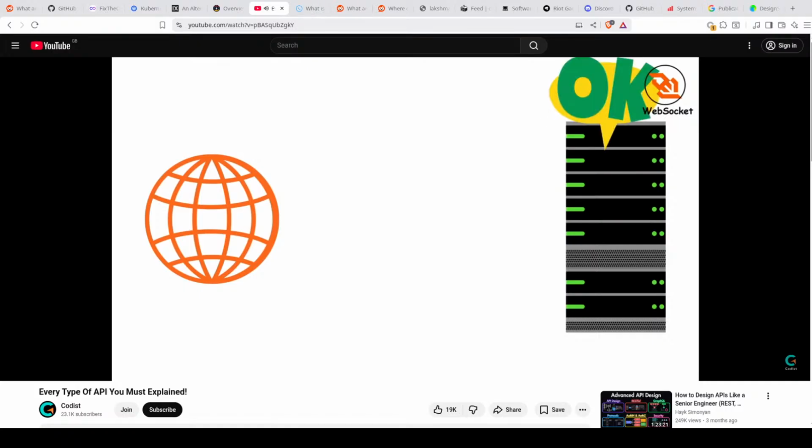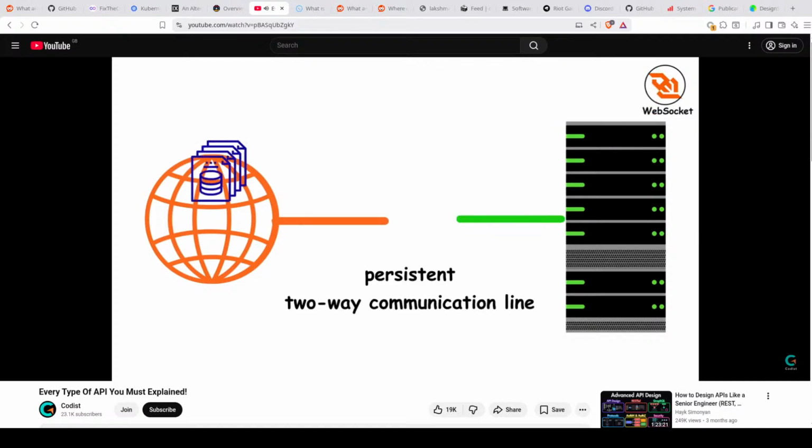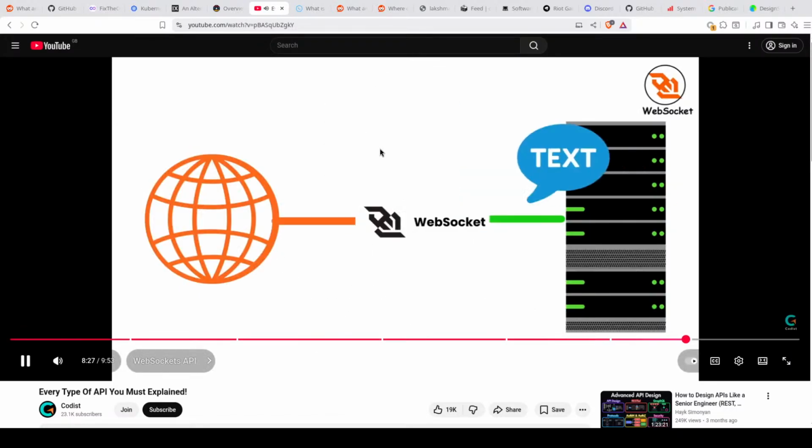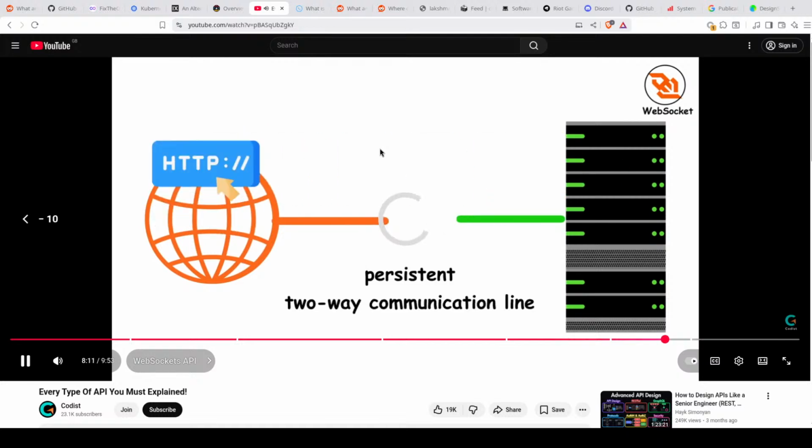This gives you a persistent two-way communication line, which is perfect for real-time applications. Unlike regular HTTP, where the client always initiates, WebSockets allow the server to push data to you the moment something happens. Think about getting a stock price update, a chat message, or a game event the instant it occurs. That's the power of WebSockets. And it's flexible too. You can send plain text, JSON for structured data, or even